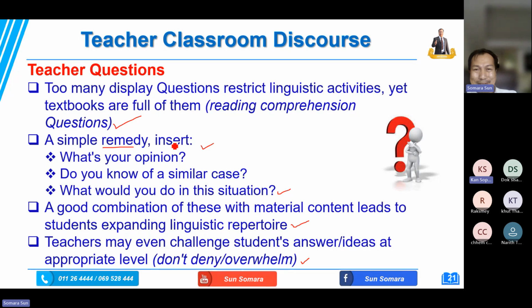Okay, so we need to be careful as well, right? The question is good, but it's too much. They may feel they cannot escape or say no, and they feel scared or afraid of that. They may ask permission next time. Okay, so